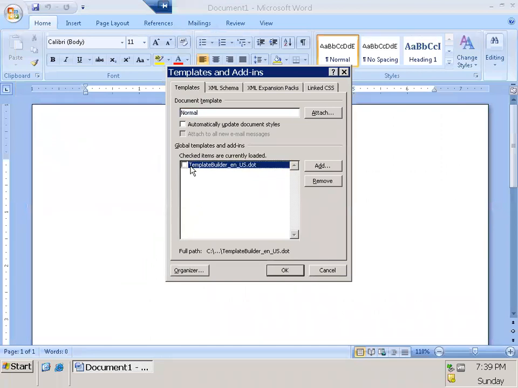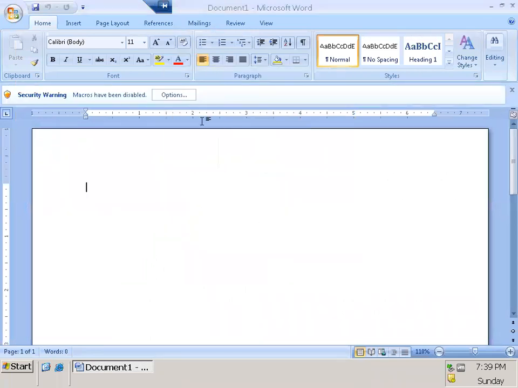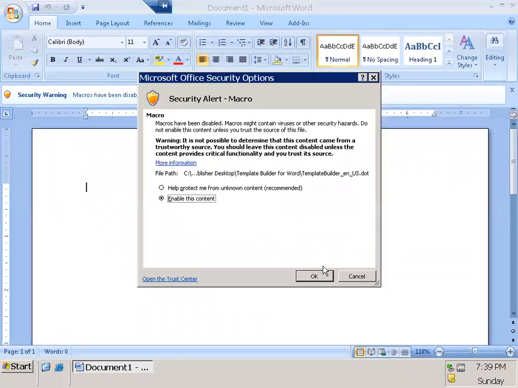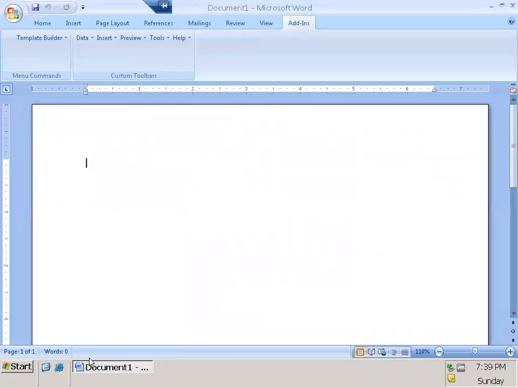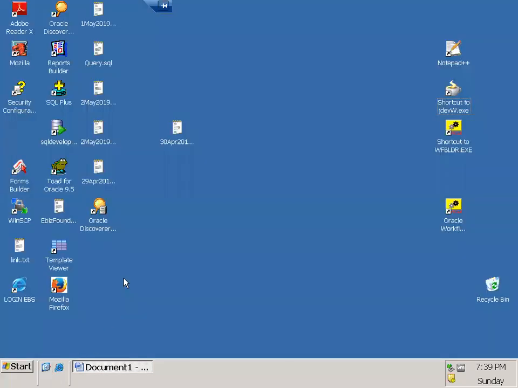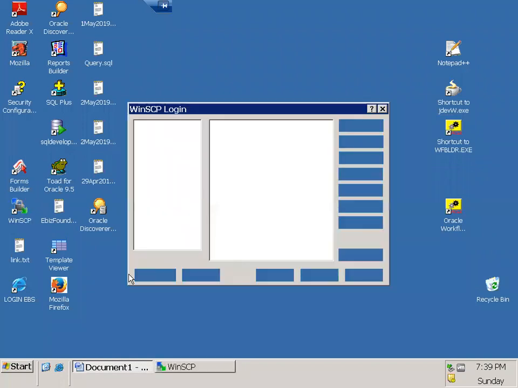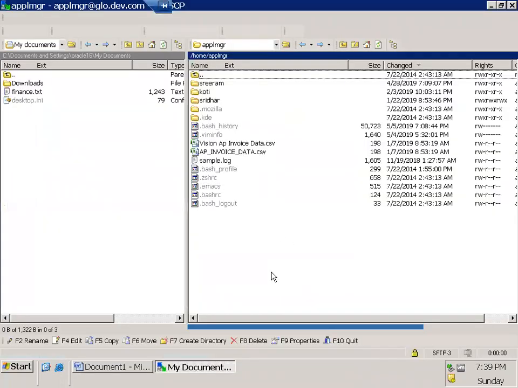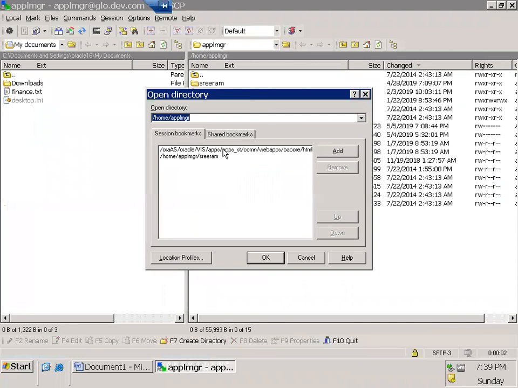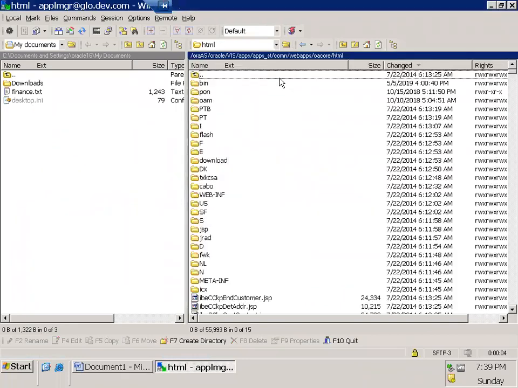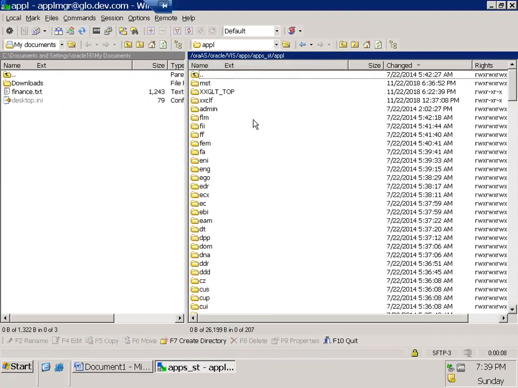Another important thing is, even if you get some set of environments online, the problem is they will not provide you Unix server access. In our case, we provide full-fledged Apps Manager access to the Unix instance, where you can migrate your files to the Unix environment without any restriction. You don't have any specific restriction on each and every folder. Just make sure that you don't corrupt other files or the seeded files, but you can directly access the